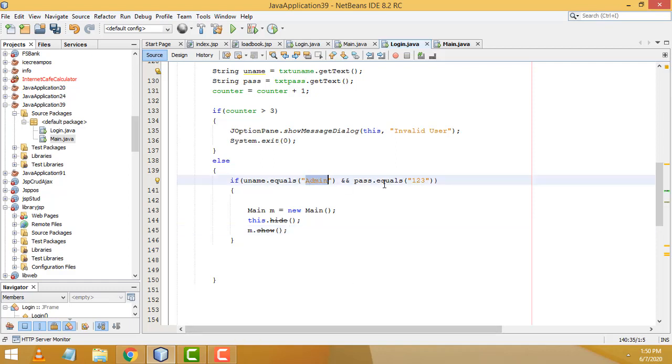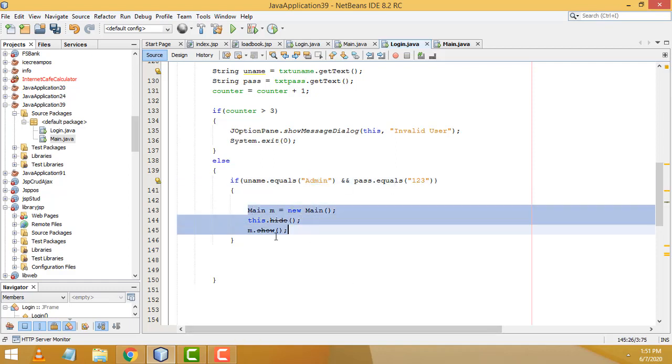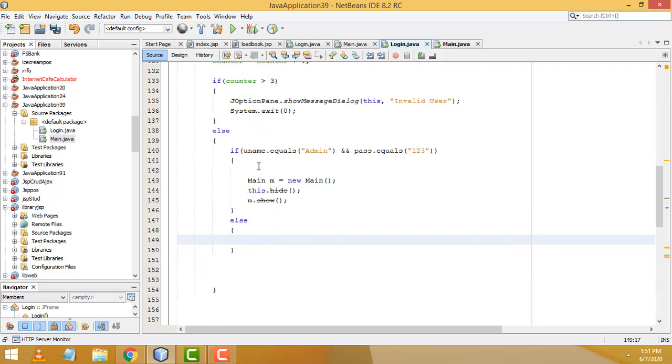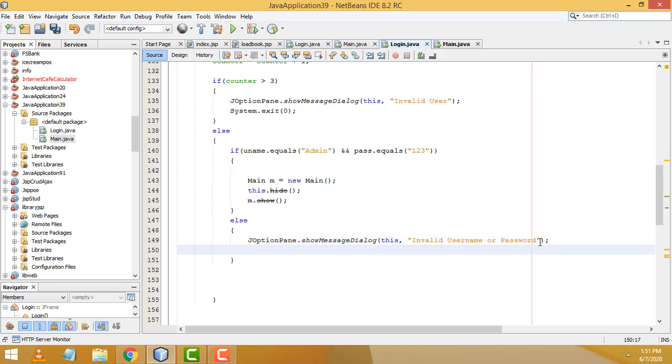If the username and password are correct, it successfully logs in to the system. If the username and password are not correct, we have to pass a message, you have to write the same JOptionPane and call it here, invalid username or password, and we have to clear the particular fields.